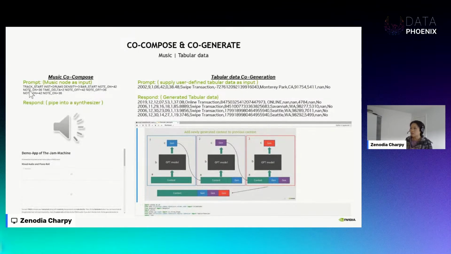And in the inferencing runtime, we can specify, for example, here the instrument is drum. Then we will ask it to continue to generate more drum tokens. And then we can put it in a synthesizer and listen to the drum that's generated. So you can actually co-compose with these models. Let's have a listen.